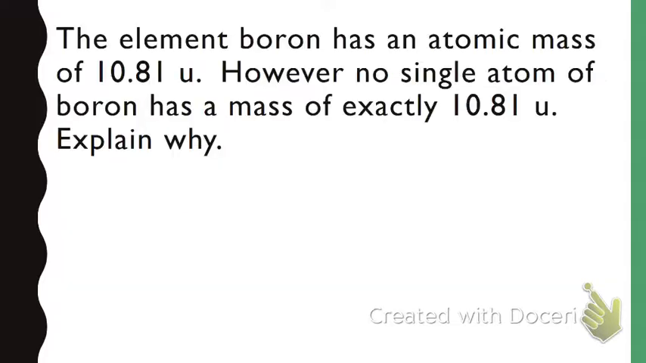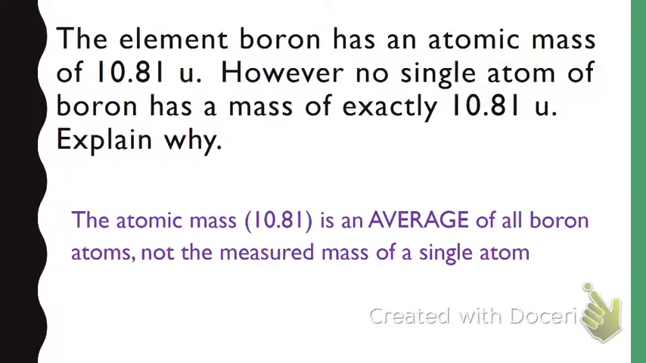But together, let's go ahead and answer this last question at the bottom. This says the element boron has an average atomic mass of 10.81. However, no single atom of boron has a mass of exactly 10.81. Explain why. Well, I think I just mistakenly added in a key word there. A lot of times we'll talk about the atomic mass just like that, instead of using the word average atomic mass. It just saves time and space. But because of that, people think that an atom has a mass of that number, but it's not. That atomic mass on the periodic table is an average of all boron atoms, not just the measured mass of a